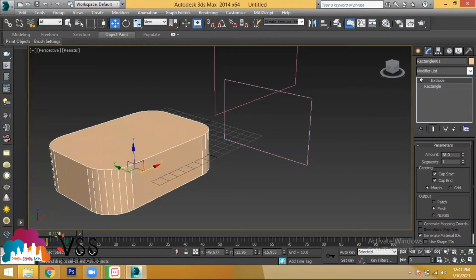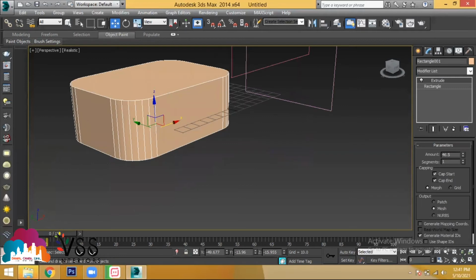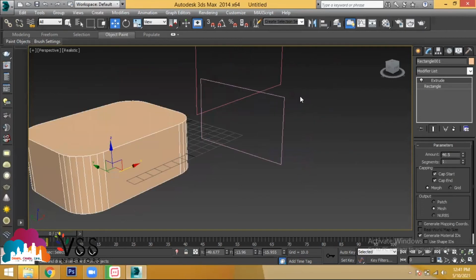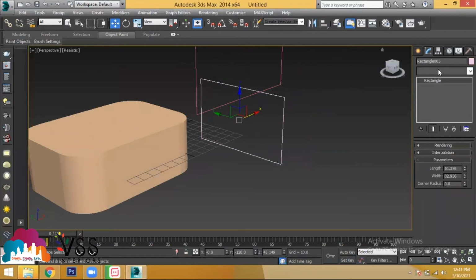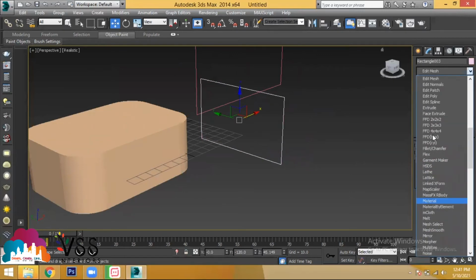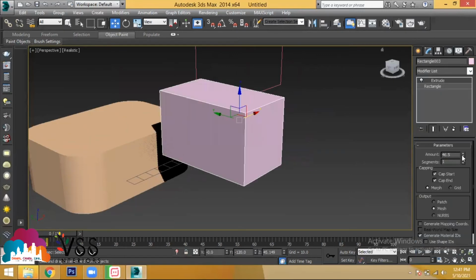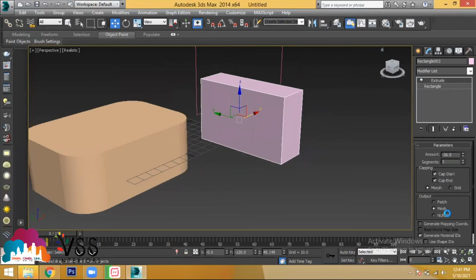Here you will find amount. Now, if you have a curved shape, you can add segments. These segments come based on the height view, in the z-axis direction. Clear? Now, if you select this object, go to the modifier list, provide the option called extrude, and then you provide the height like this.